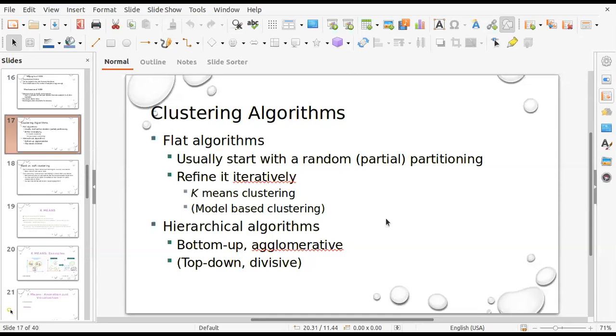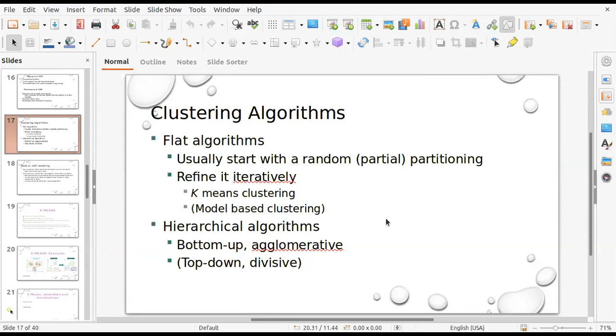Bottom up means you combine the items together into smaller groups, and then these smaller groups are again clubbed together to form larger groups, and so on, till you get whatever number of groups you expect. That's called agglomerative or bottom-up hierarchical algorithms. In the case of top down, it is just the reverse. We break it down and ensure it is properly clustered.